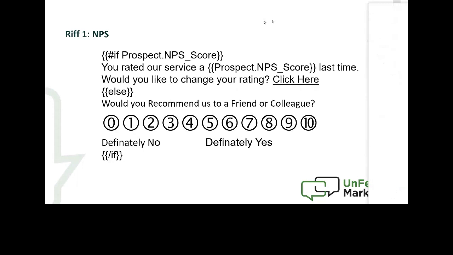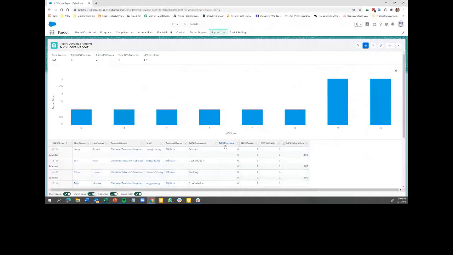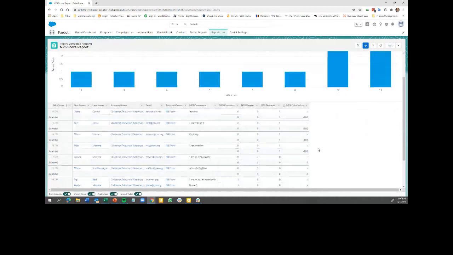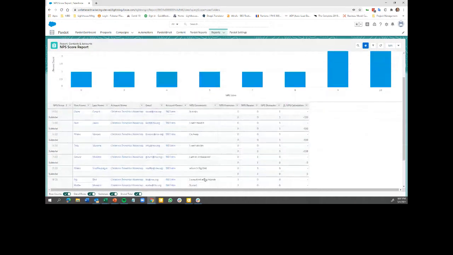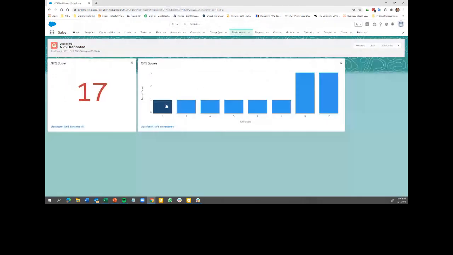So what you end up doing here is you have several scores that are calculated based on whether they're a promoter, a passive, or a detractor, and it's a way that you look at NPS. The score designates whether they're a promoter, a passive, or a detractor, and a summary gives you the calculation of the NPS. So this report sets up what the actual NPS score is based on the running total of answers. It also includes the comments, so you can see the comments, and then you can build a dashboard that just gives you a calculation, essentially two metrics on the basis of that